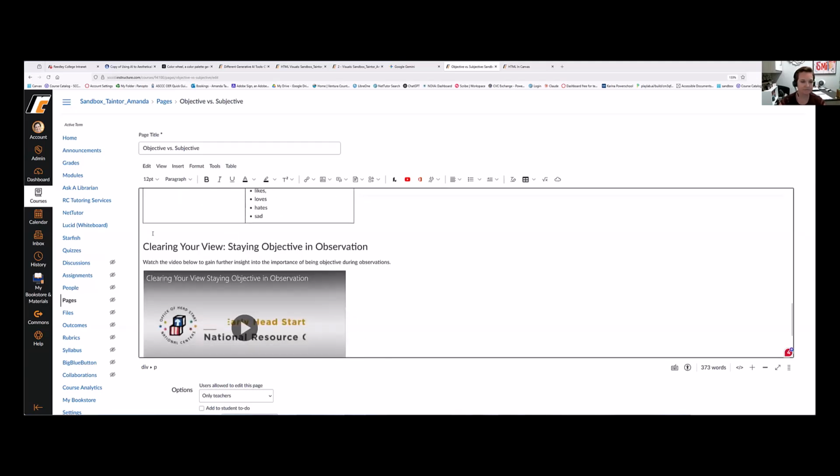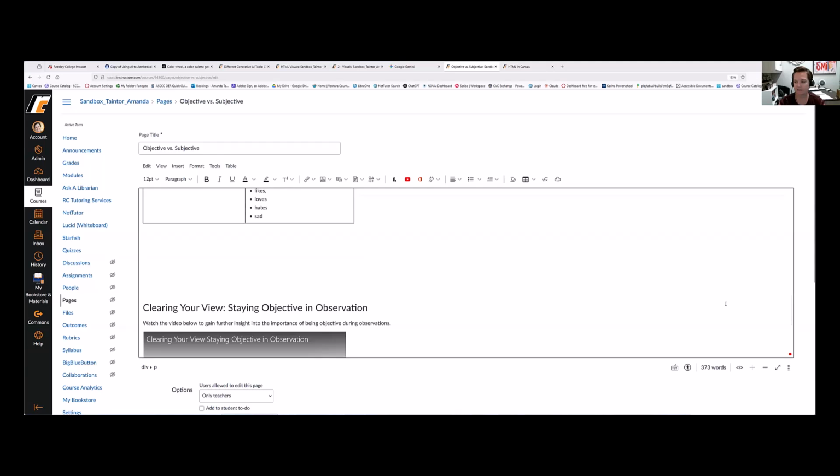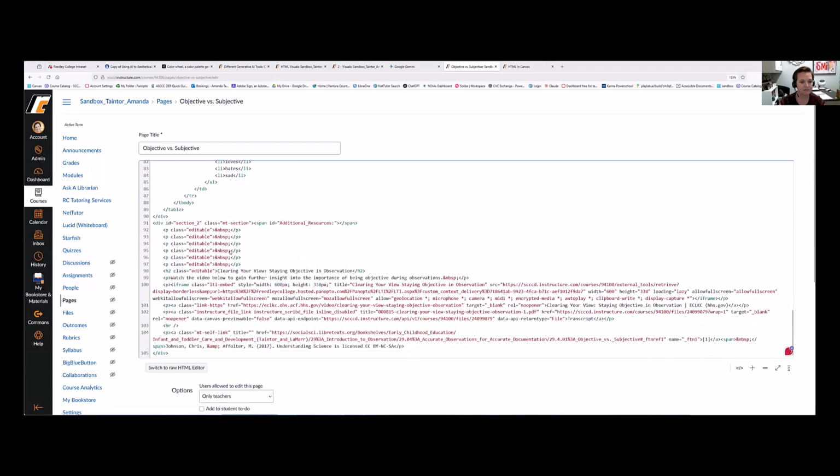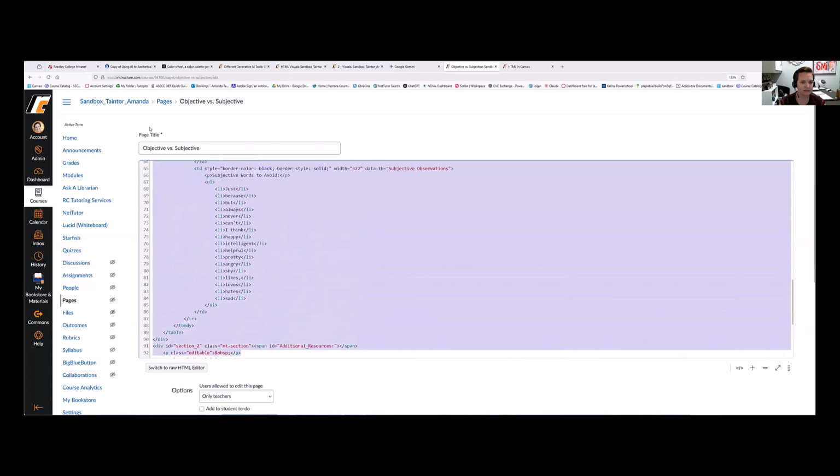So same thing, create that space. Go back into the code. A table is going to be much longer, but I see, okay, here's the start of my table because I put that space in there. Go down, and here's the bottom. It might look a little bit different depending on what formatting is stuck behind there, but you want to look for this NBSP. That's going to let you know that's where the space is. So I'm simply going to take it,